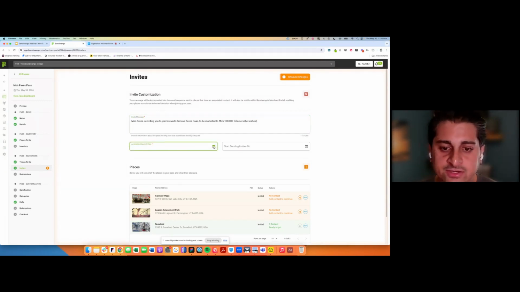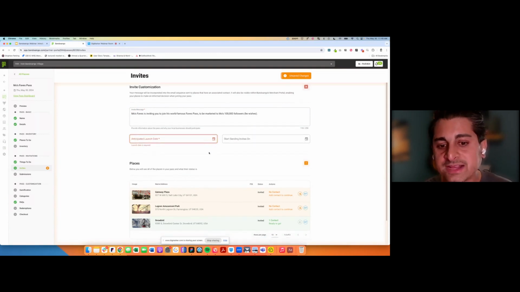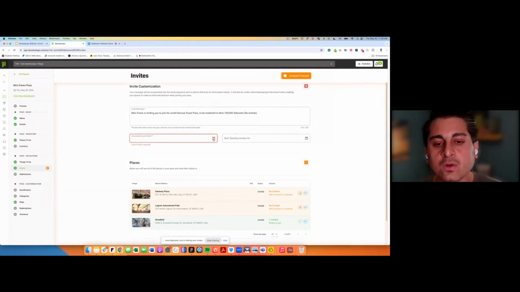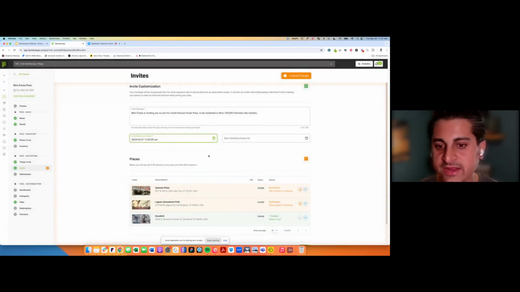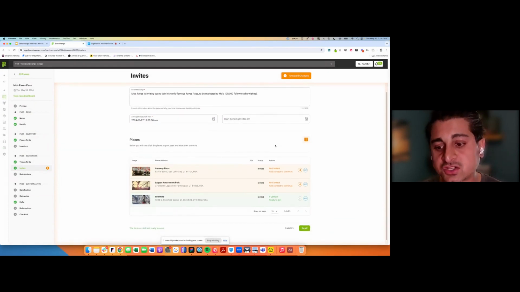Here you can define your anticipated launch date. This would basically be used if you want to define a launch date that will be used in the messaging to create some urgency, saying, hey, we're going to launch this pass on June 27th, so make sure you sign up by then. And then you can define when you want Bandwango's system to actually start sending invitations. If you leave it blank, it'll start sending them immediately once you click save, but you can also schedule it